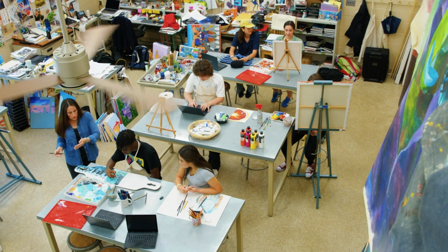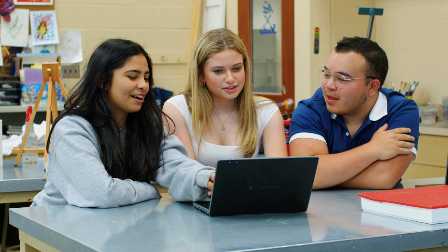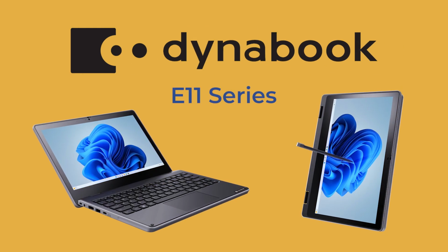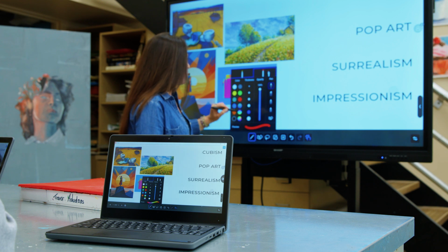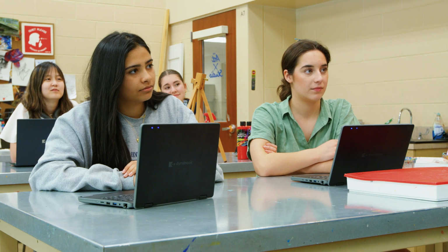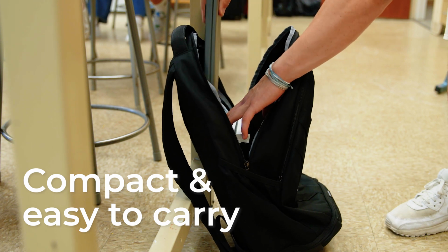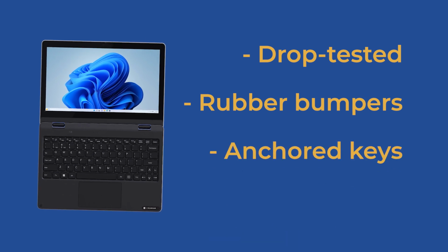The classroom has more tech than ever, engaging students with interactive lessons right at their fingertips. The new Dynabook E11 laptops are designed to elevate K-12 education and are equipped with all the tools students need to excel in the modern classroom. Compact and easy to carry, these laptops are reinforced with a drop-tested design, protective rubber bumpers, mechanically anchored keys, and